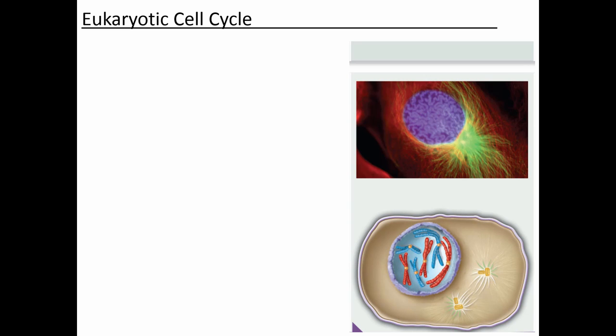In this phase, the chromosomes condense further and become visible. What I mean by that is when you're looking at the chromosomes stained underneath a microscope, they're going to become so compact during this phase that you'll actually be able to visualize individual chromosomes underneath the microscope. So chromosomes condense further and become visible.